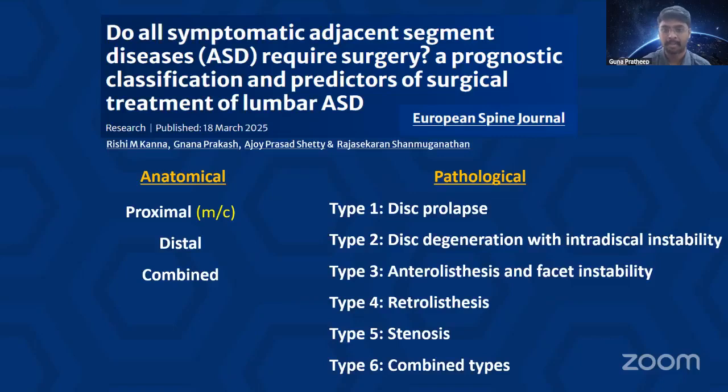Like it can present as only disc prolapse or intradiscal vacuum where your disc height significantly collapses, followed by anterolisthesis or retrolisthesis. And one important point I have to say here is that retrolisthesis is relatively common of all the subtypes, followed by stenosis and combined types. The combined types include a combination of all these 5 at varied levels. So this is one of the useful classifications which we can apply in our day-to-day practice to classify our adjacent